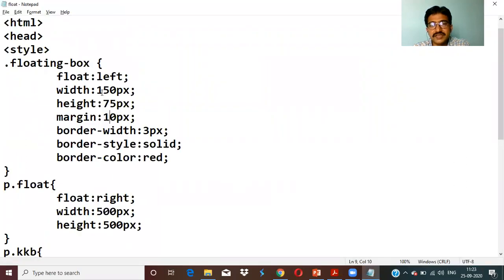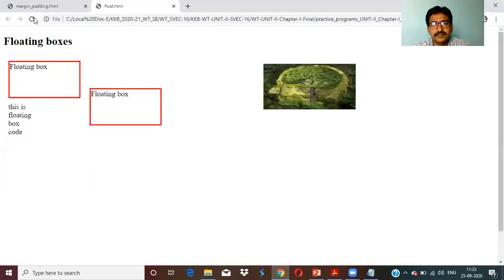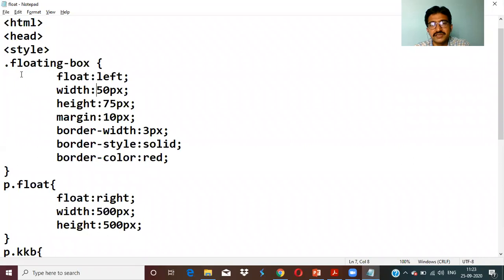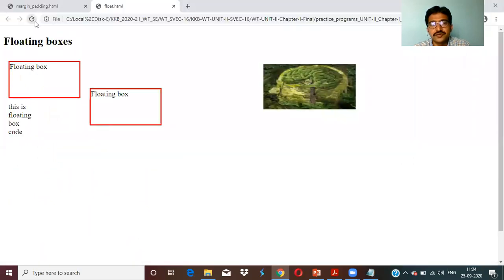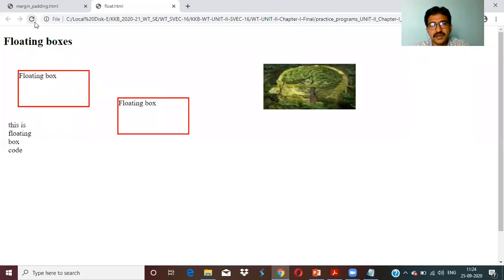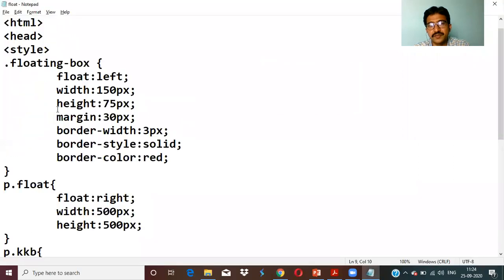If you decrease the width, let me see the program. See, the size is reduced because the width is reduced. And if you increase the margin to 30 pixels, it goes down. The margin starts with 30 pixels from the top left.